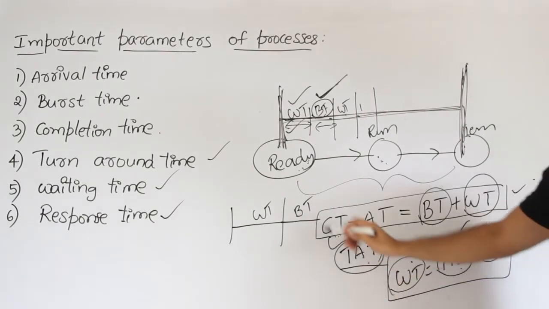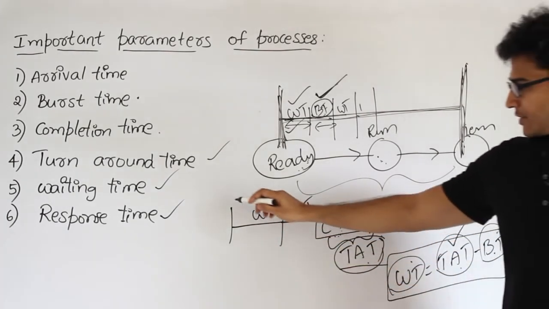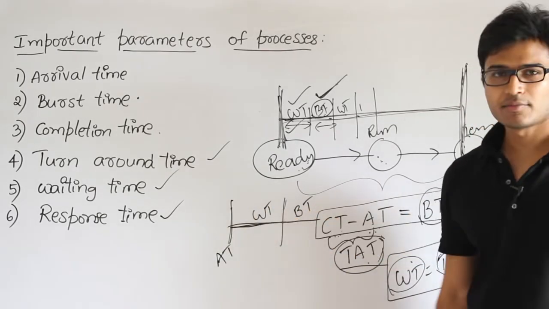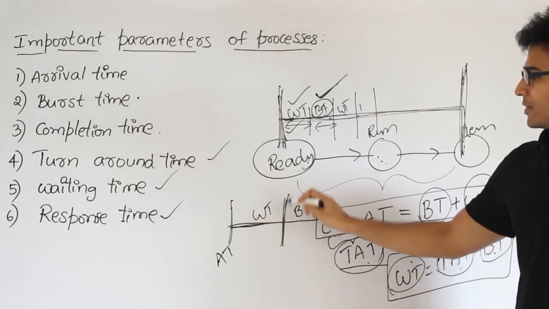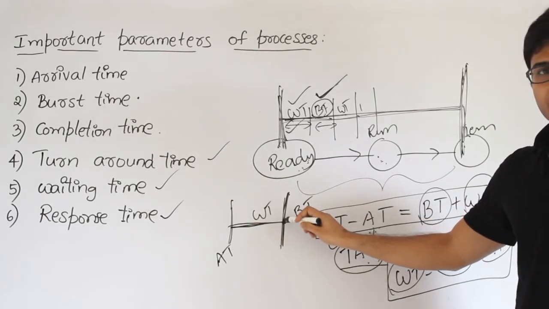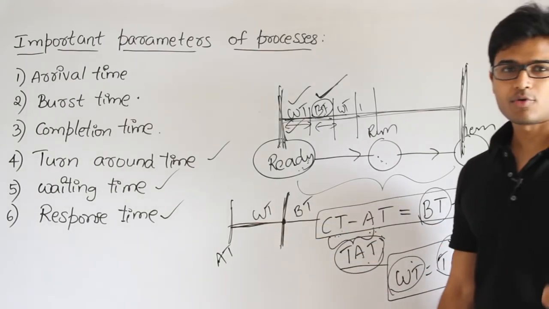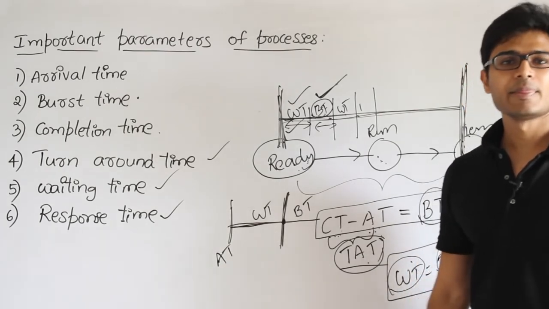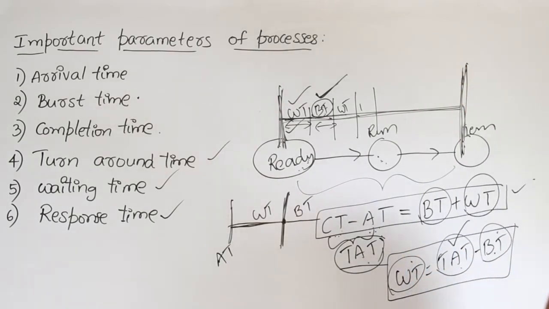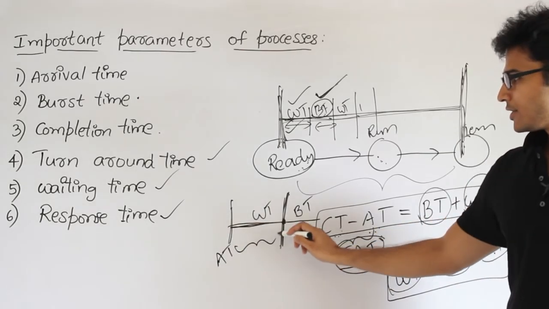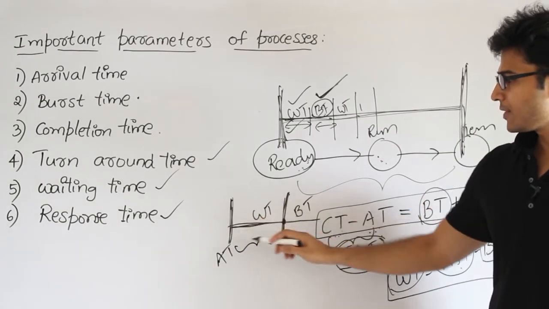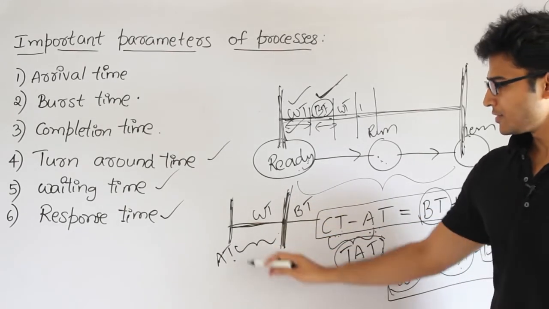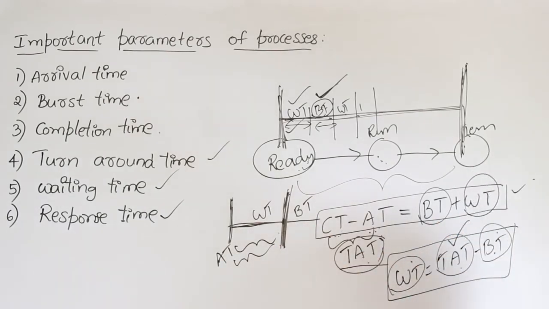Now a process has arrived here, let us say this is arrival time, and this is waiting time for some duration, not the entire waiting time, and then it has been taken up for processing at this point. So it is the first time a process is getting processed, which means that is the first time it will ever interact with the user. That is why it is called response time. So what is the response time? The first time at which a process gets scheduled minus arrival time is the response time. Got it? I'll show you with examples, it will be clear.